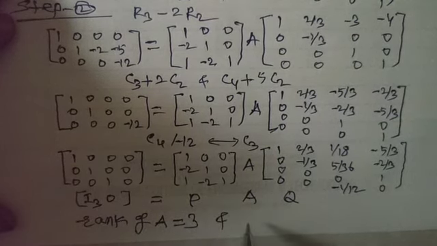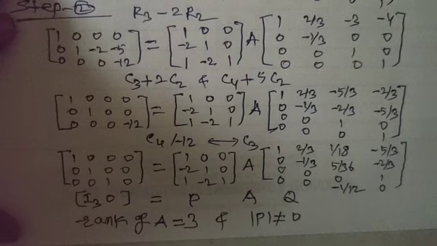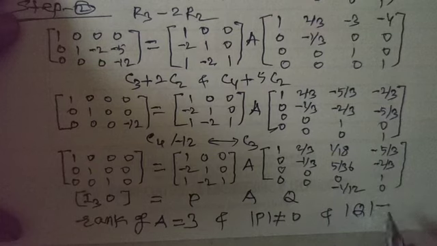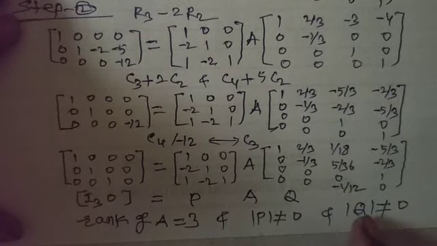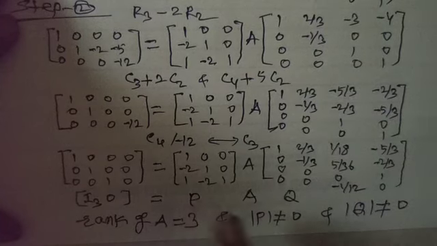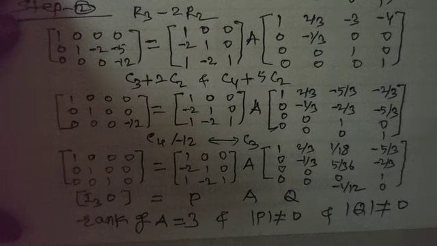And this matrix P, its determinant value will be non-zero because we have to prove P is non-singular, and determinant of Q is also non-zero. It is not required to find determinant values of P and Q. Automatically P will be non-singular and Q will be non-singular. Automatically we will get determinant of P is not equal to 0 and determinant of Q is not equal to 0. Okay, thank you all.